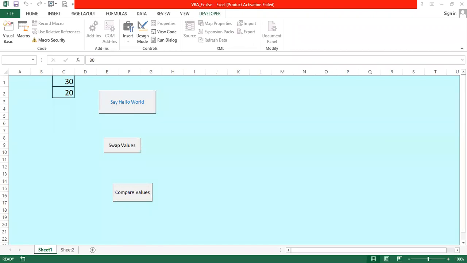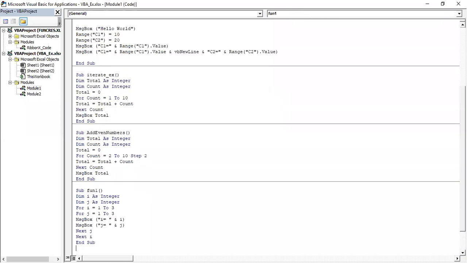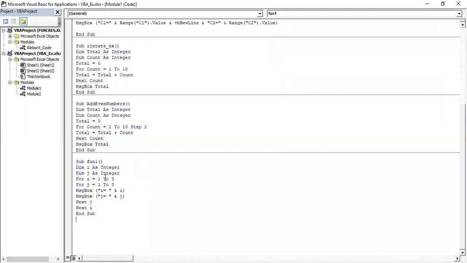We can write nested iteration also, like for matrix operations. So you will use a for loop inside a for loop, right? So for I equal to 1 to 3, for j equal to 1 to 3. So this is one function. Dim I as integer, j as integer.